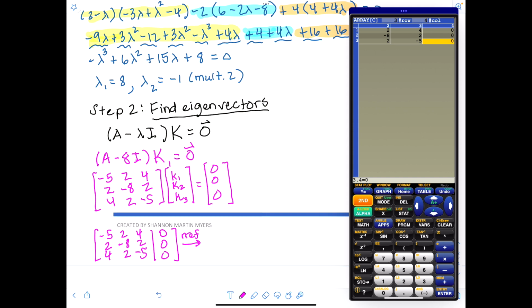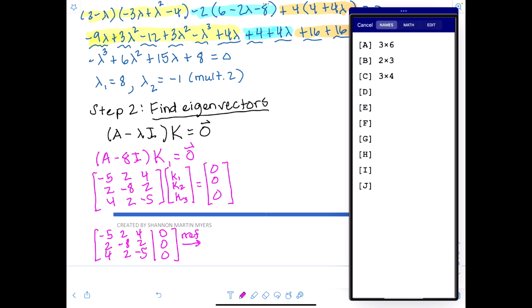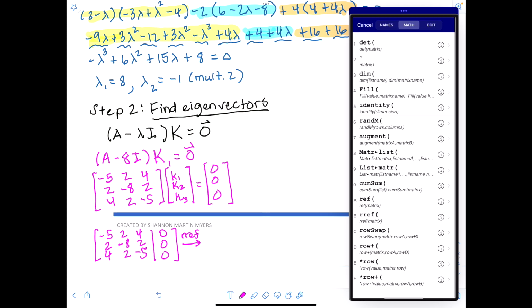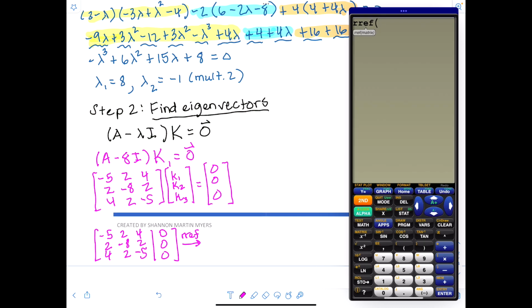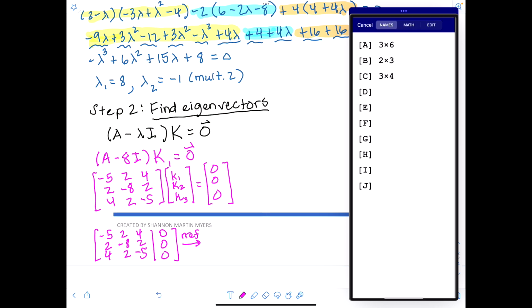Quit out of there. And then we'll go to second matrix math, and we want our REF, and then back to second matrix C,